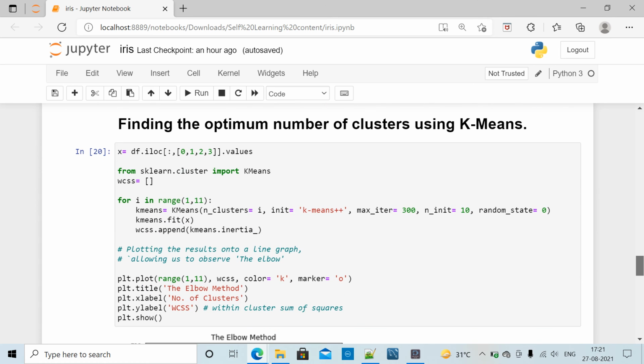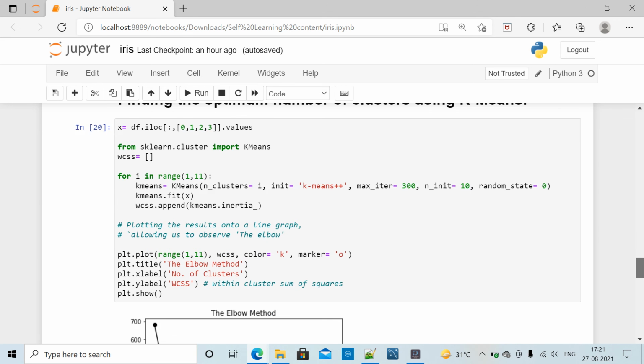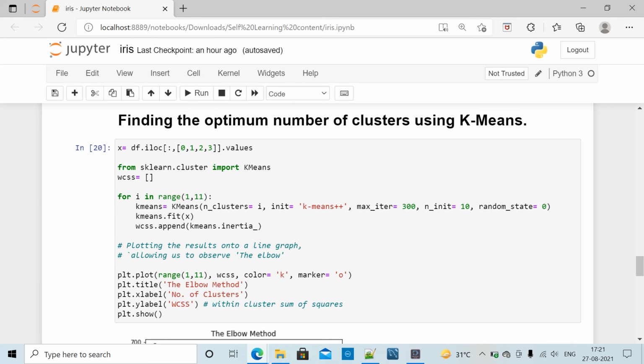Then we are finding the optimum number of clusters using the k-means clustering algorithm of machine learning. From sklearn.cluster we are importing KMeans. Then these are the commands that we have.